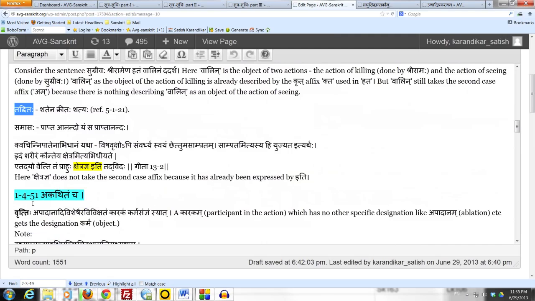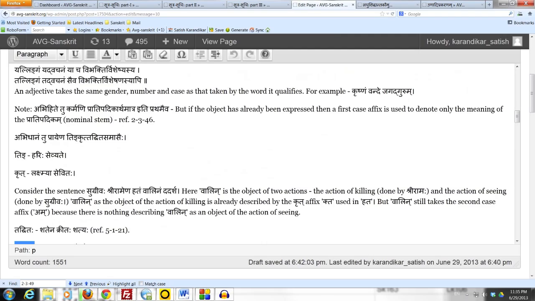Let's take an example of each one of these. First, let's take the example where a ting affix describes the object. Simple sentence: Harih sevyate. Lord Vishnu is served by someone. Here the ting affix te, which is used, is in the sense of karmani. It points to the object Harih. That prathama purushah ekavachanam, which is used in the affix te, that is because of the object Hari being prathama purusha ekavachanam. It is a passive usage.